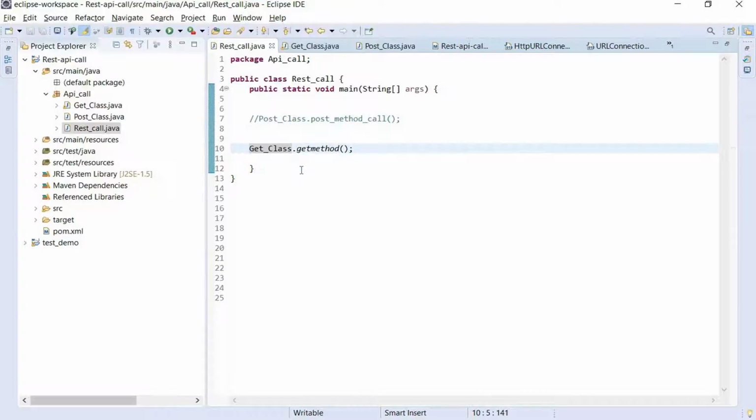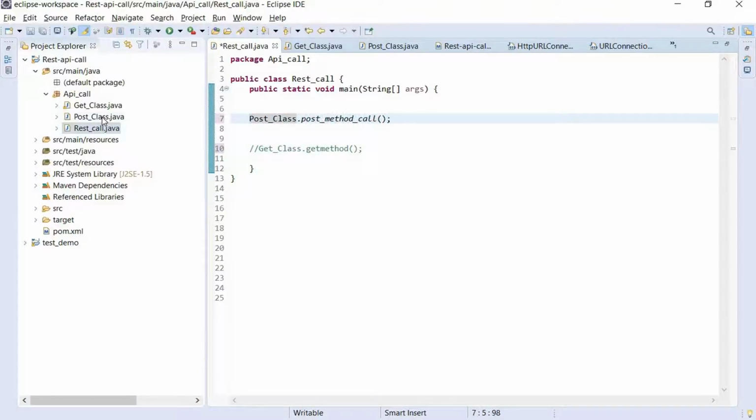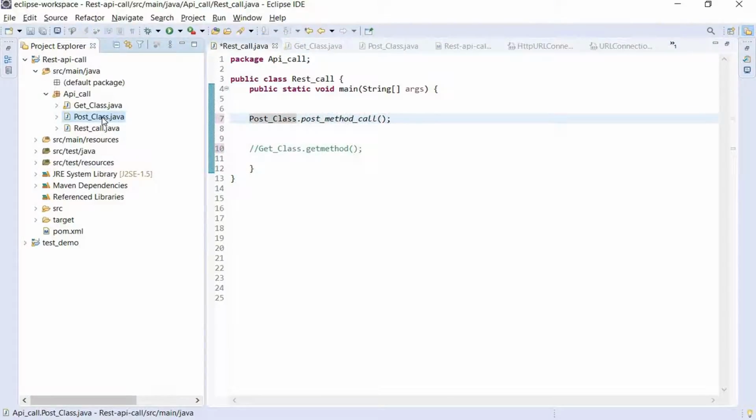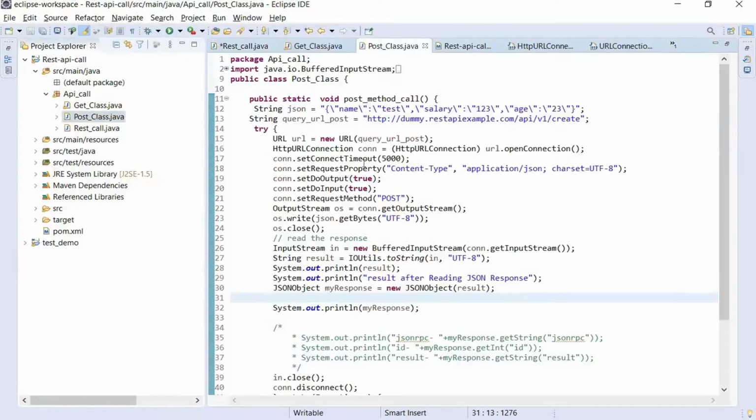So now we will see the post request. I will comment this and uncomment the post request. In the post class I have defined a post method call. In this method we are going to pass a JSON string. So basically it accepts a JSON in the format of string.